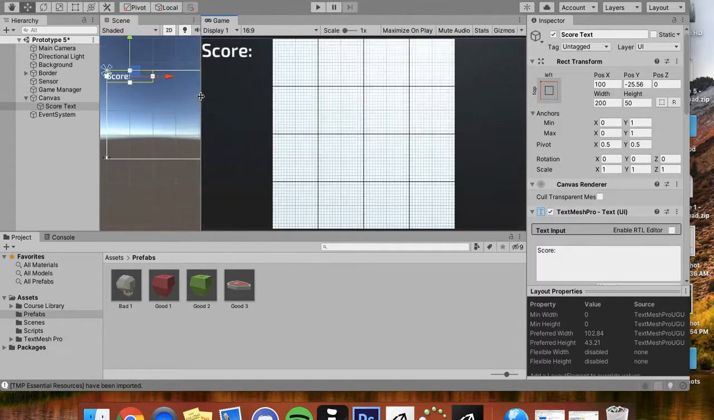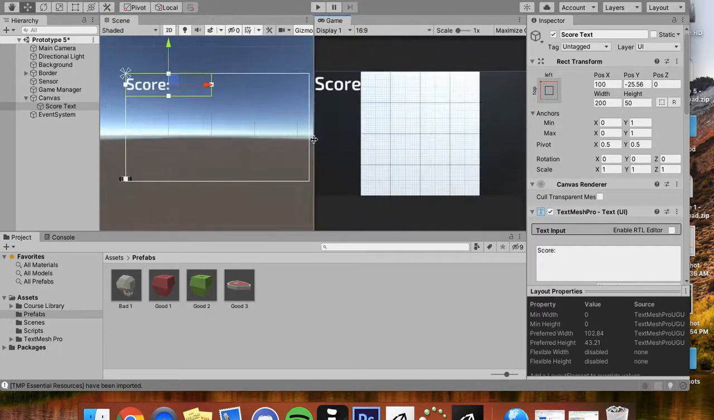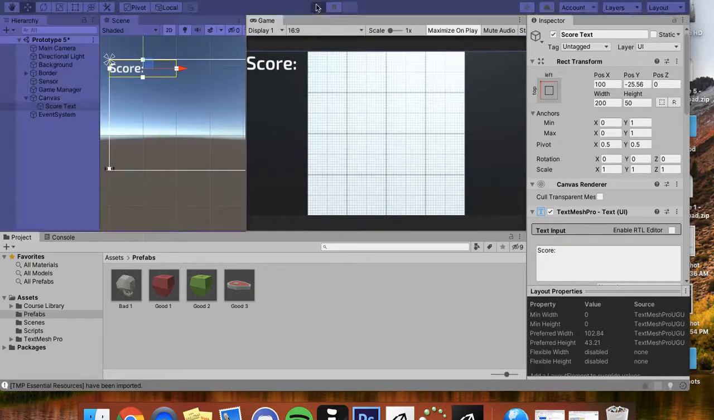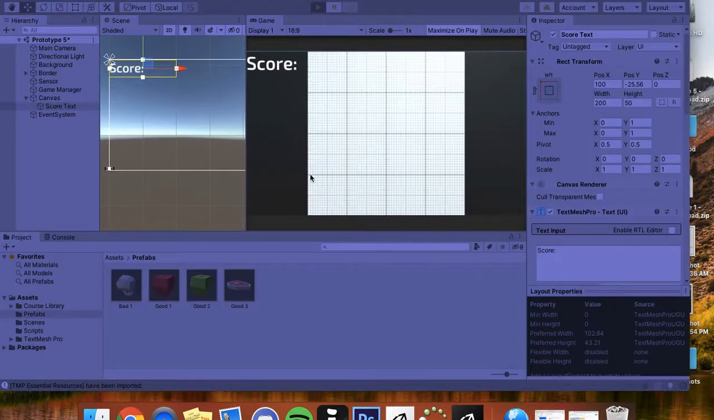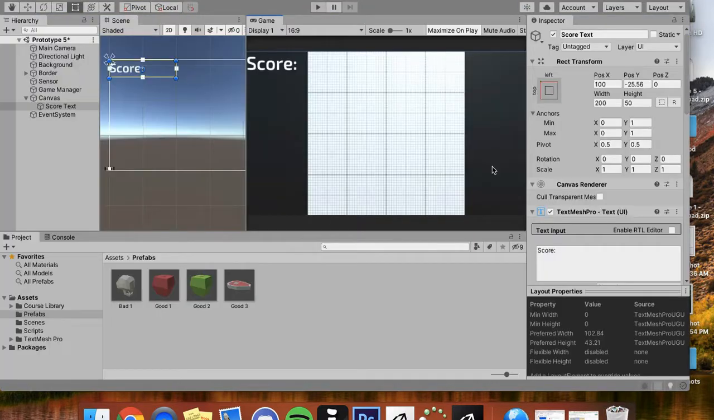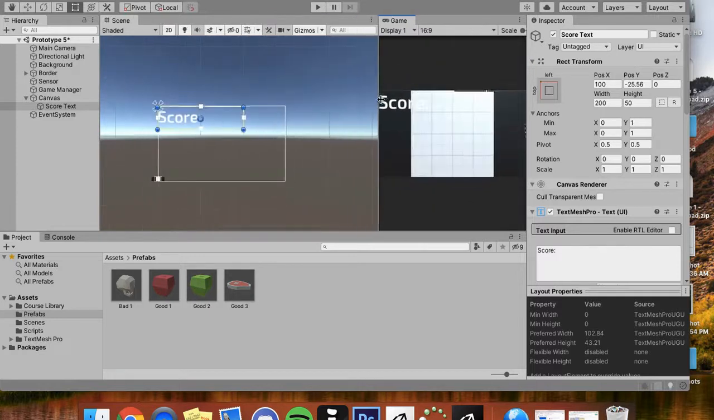So I just want to point that out, that's why I don't really mind, because I think most people will play this in full screen. I hit maximize on play. This is what it's really going to look like. Here, so my score will be up here. Actually, I probably might even want it a little bit larger. For now, this is going to be fine. So let's just stick with